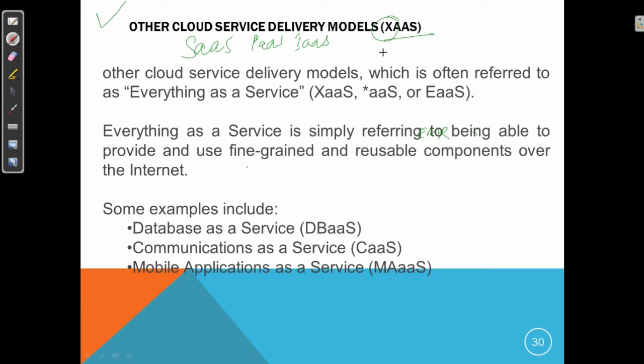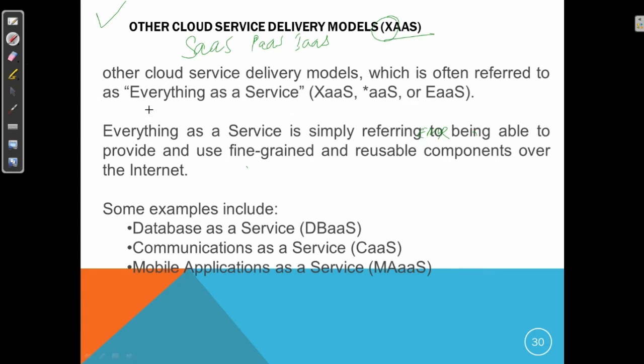For example, if you want to talk about handling a database, or if you want to build any blockchain application, we have blockchain as a service. If you want to develop any IoT application, then we have IoT as a service. So we are finding almost everything that is needed in today's world to run any business, and all these services are offered on the cloud, and we are categorizing them as XaaS.